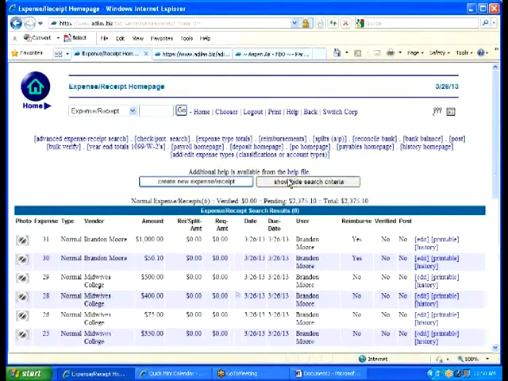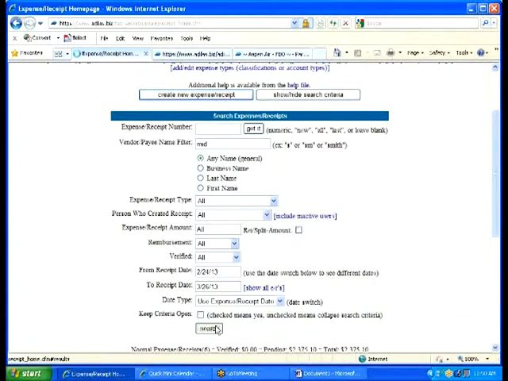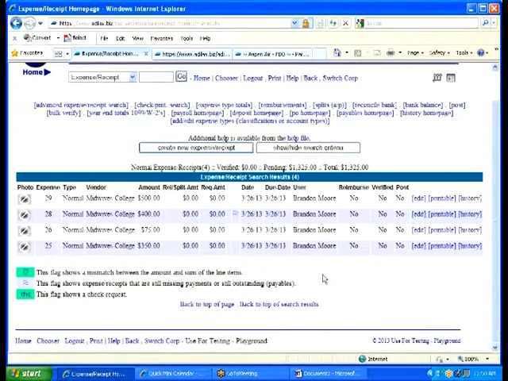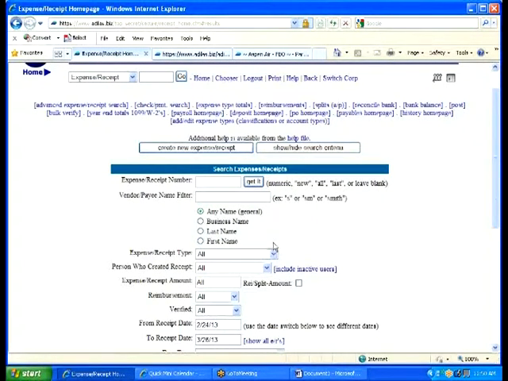You hit show hide search criteria. If I wanted a certain vendor, say I wanted to see everything we have from your midwifery type thing, and go search it. Go get it. Click. It pulls back any sort of details or dates or anything that I want to get from it. If I change this up a little bit, I could even get rid of this and I want to say, hey, I want to actually,